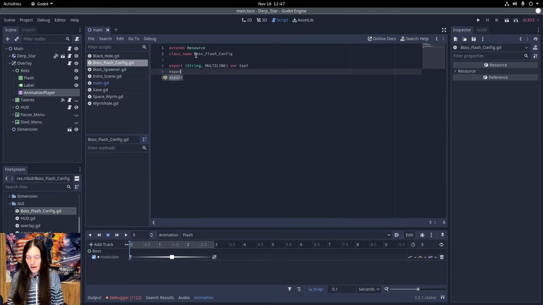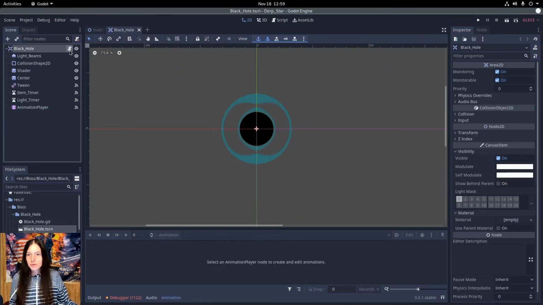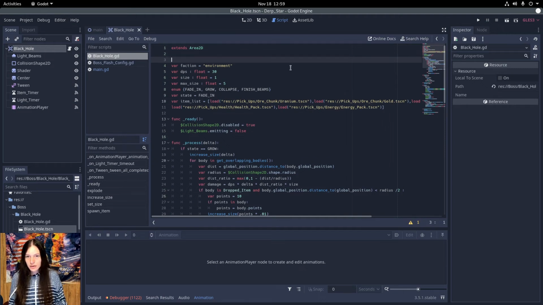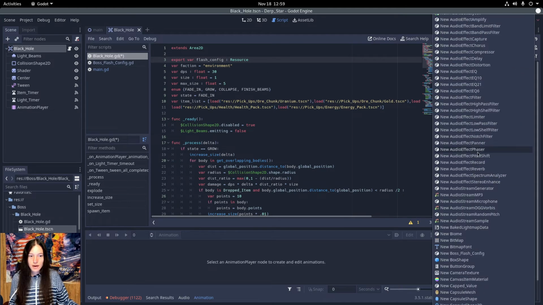And later I can add more variables like font size and color as well. Then I'll open up the black hole script and add a new export variable for the flash config. You still can't define the type as a custom resource, so I'll set the type to resource, then select boss flash config